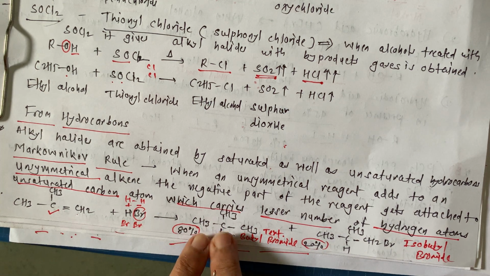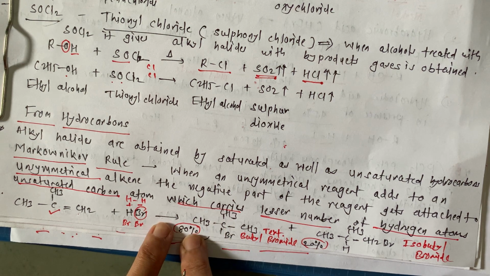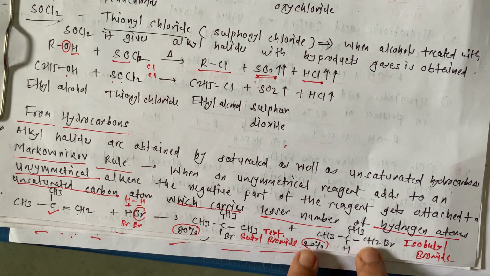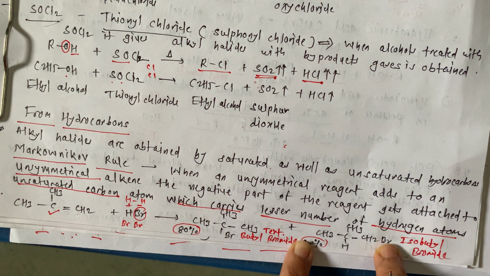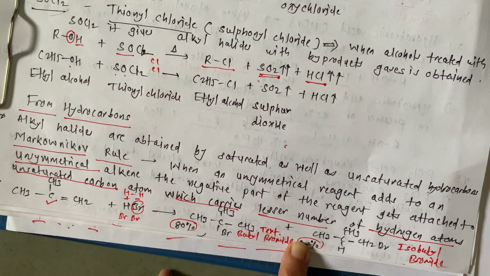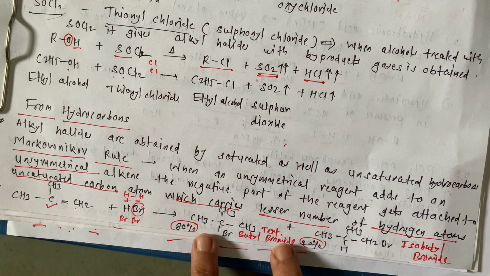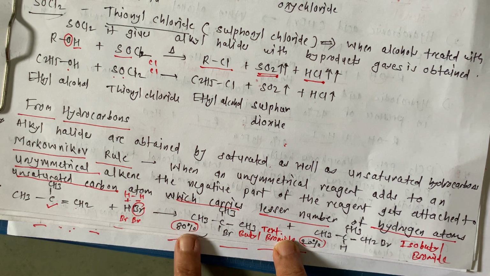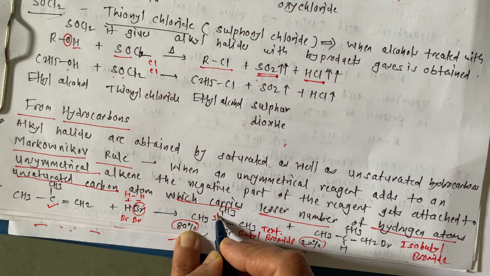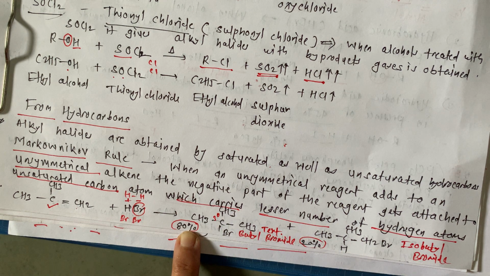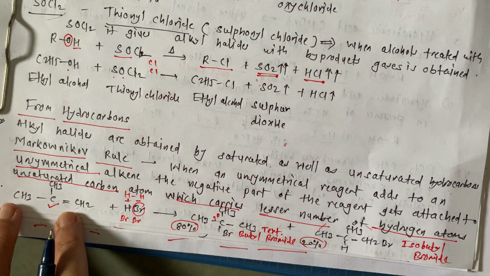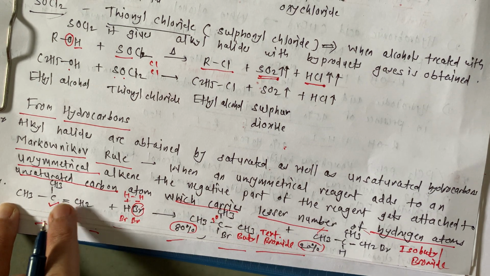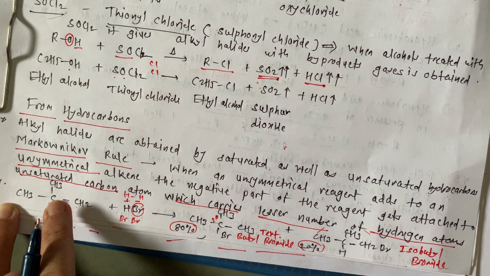So Br is going to attach to this carbon, and this is the major product, 80%, and the other probability is also there, but it is just 20%. Here bromine is going to attach to this carbon, and this is known as isobutyl bromide, while this is known as tertiary butyl bromide. Why tertiary? This carbon is our tertiary carbon, so this is tertiary butyl bromide, while this group is our isobutyl group. So this is isobutyl bromide. And what is this? This is isobutene.